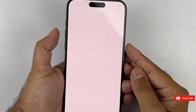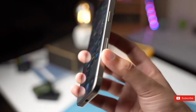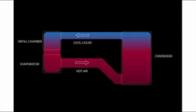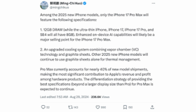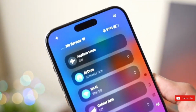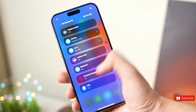The vapor chamber cooling system is one of the new innovations that may be included with the iPhone 17 Pro Max. This technique employs a closed-door liquid to properly distribute heat, allowing the gadget to stay cool even while doing intensive operations. According to Ming-Chi Kuo, Apple studied the vapor chamber in 2021, but did not deploy it until 2025. It is unknown if this capability is limited to the iPhone 17 Pro Max or will be available on other